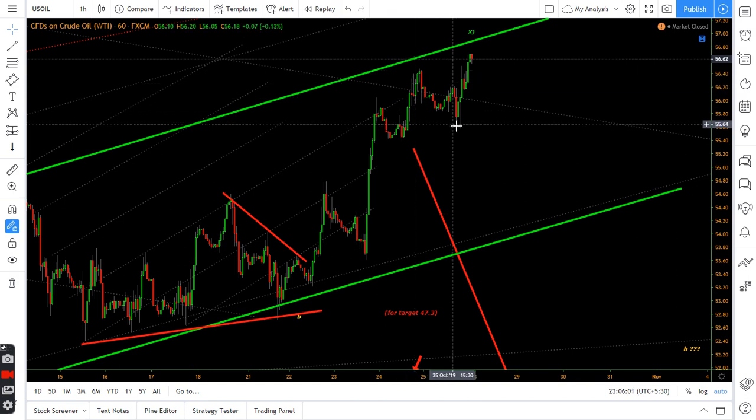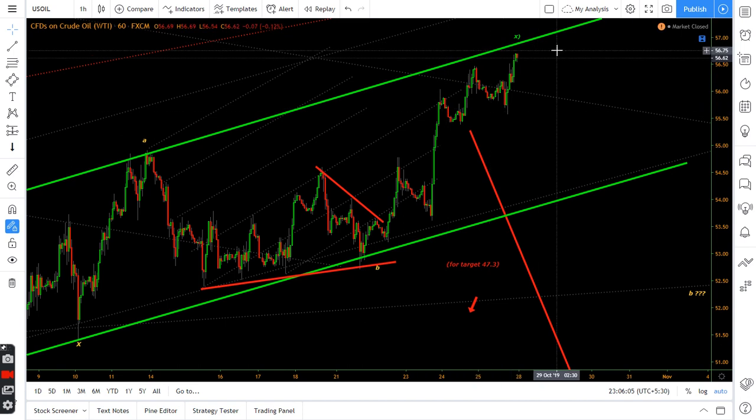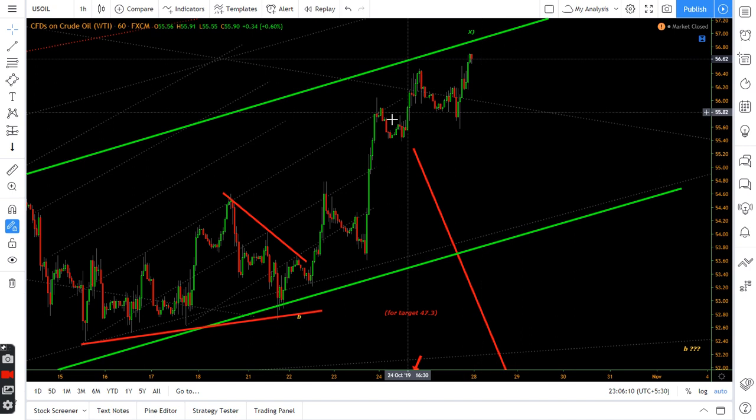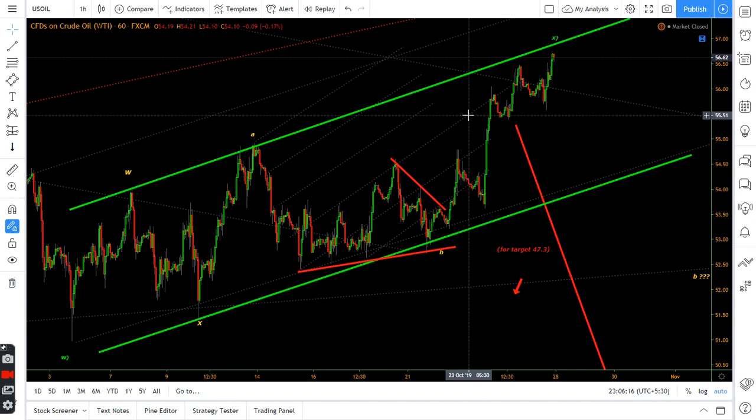But this wave count is not satisfied by the way it came down. So again, I waited for this. It could maybe be an ending diagonal also. I'm not sure about that. And one more thing is, I won't